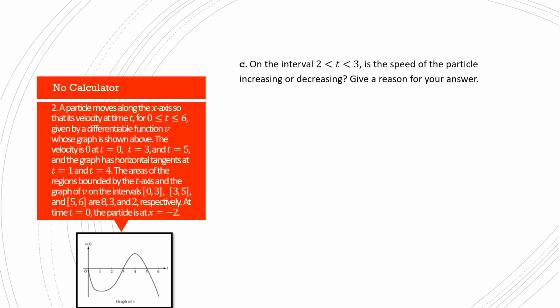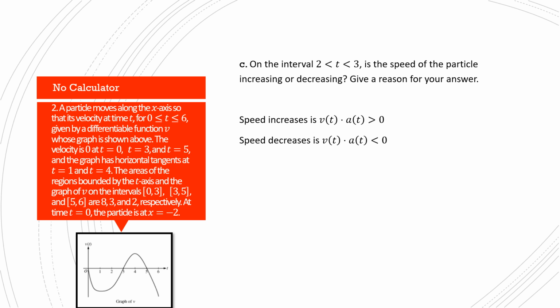All right, part C says on the interval from 2 to 3, only from 2 to 3, is the speed of the particle increasing or decreasing? And be sure to give a reason for your answer. All right, so we learned in our last unit that the speed can be found by doing the dot product, or multiplying your velocity times your acceleration. In this case, our velocity is negative from 2 to 3, and our acceleration is positive